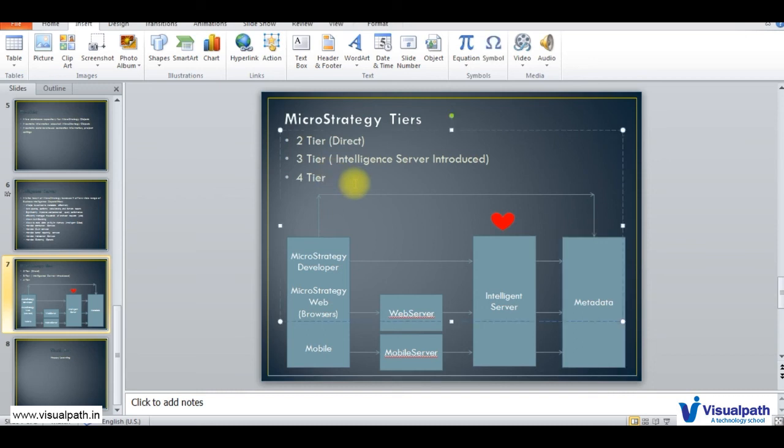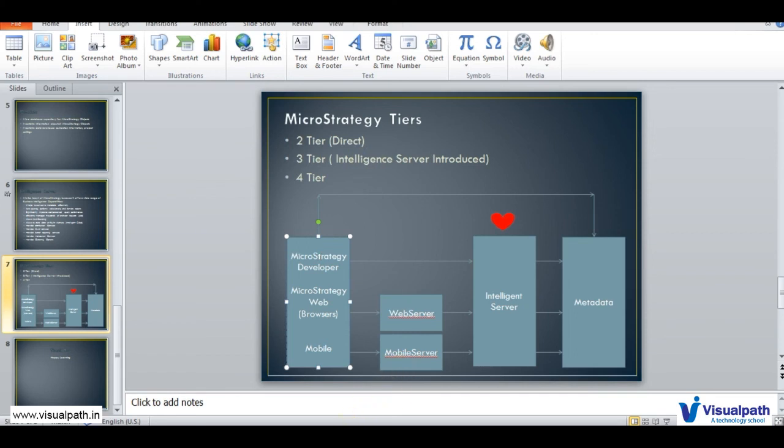Guys, getting my point? You just have to remember these blocks. Whenever MicroStrategy Web or MicroStrategy Mobile is coming into the picture, that means you are talking about 4-tier architecture. When you are talking about MicroStrategy Developer as an application, it can be 2-tier or 3-tier. It depends on whether Intelligence Server is used or not.